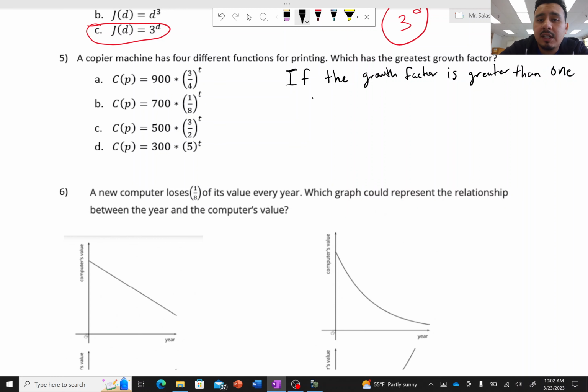It is increasing. So remember, if the growth factor is greater than 1, then it is increasing. But what if the growth factor,